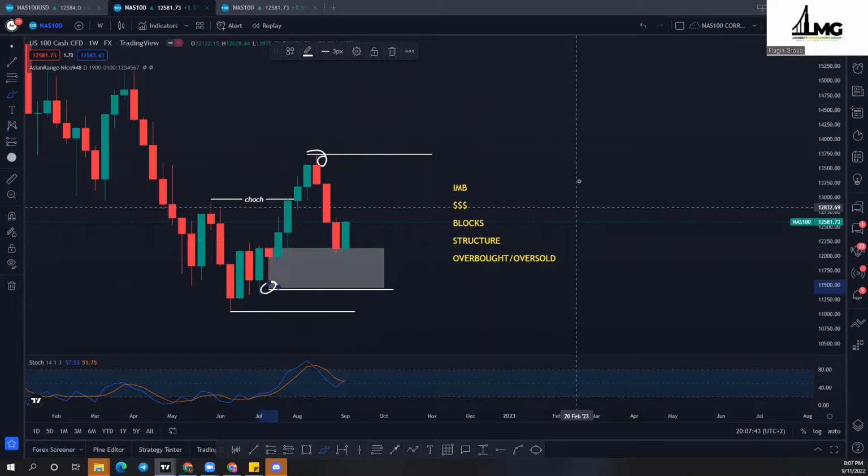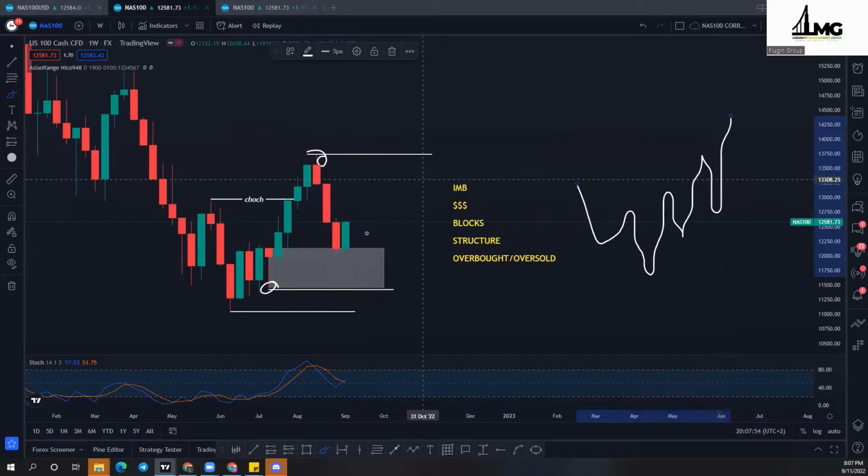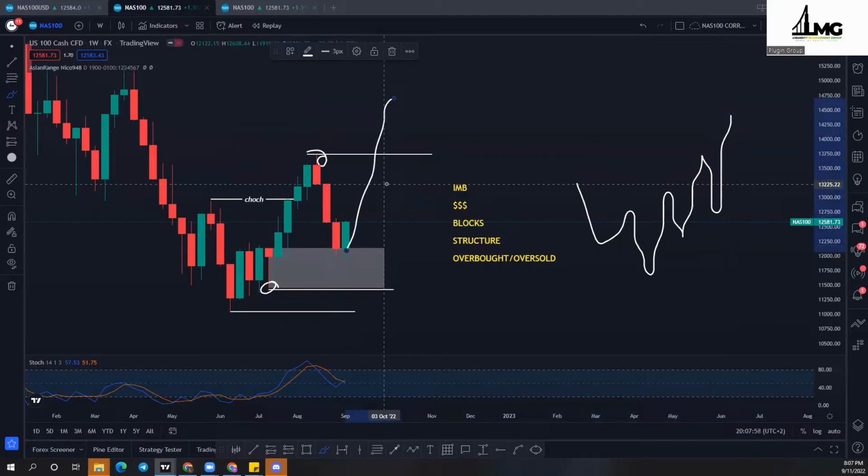Because what I was expecting here is we had a push to the downside, and then price changes structure. I was expecting a pullback and then a push to the upside. Price pulls back again and then breaks structure, so I was expecting a break to the upside. So that's what I was currently expecting. But I wouldn't say that we're gonna do that,